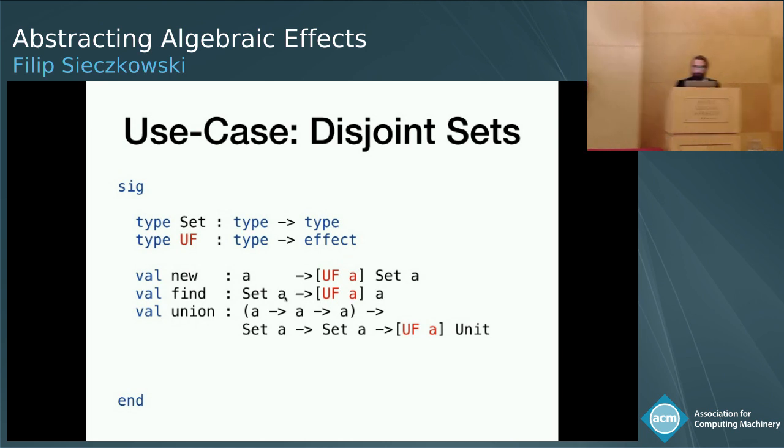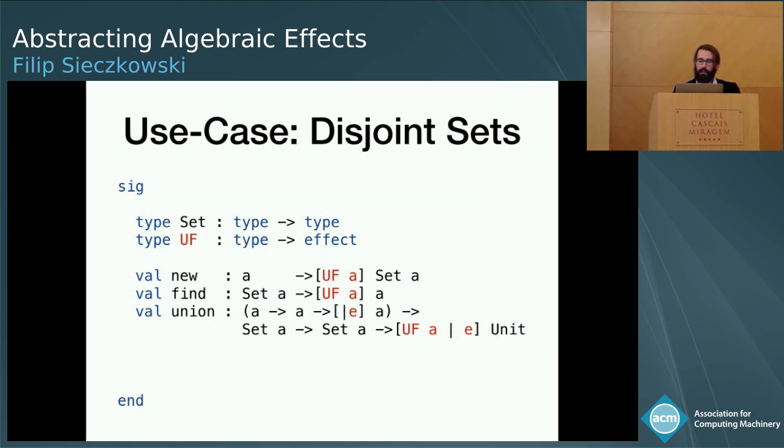And this is almost what we want. It's almost what we want because we still require the argument of the union to be pure, which is simply not the case in most applications of union find, like unification problems, for instance. So what we can say here is we can say this should work for any effectful function union. So we can add an annotation here that says, well, any effect here goes, really. And this effect should then appear as part of the effect of the entire union computation.